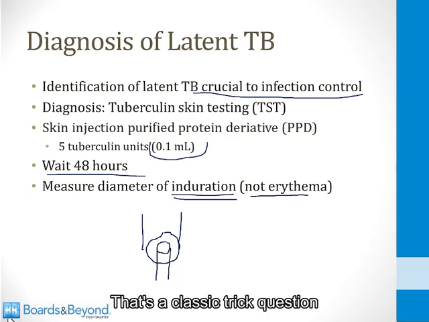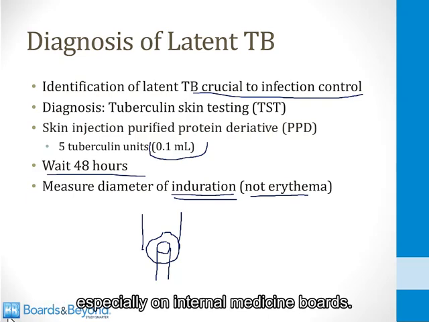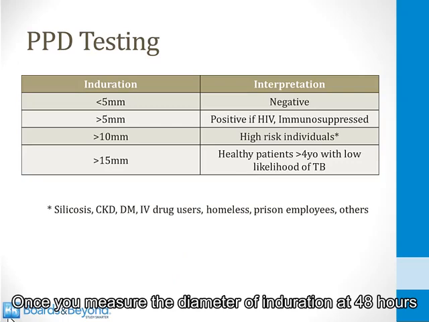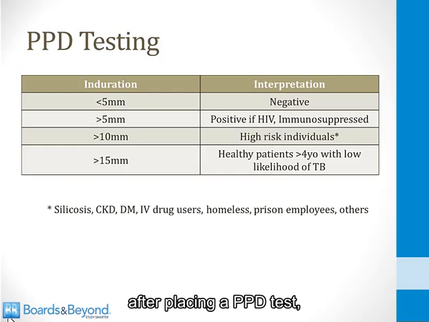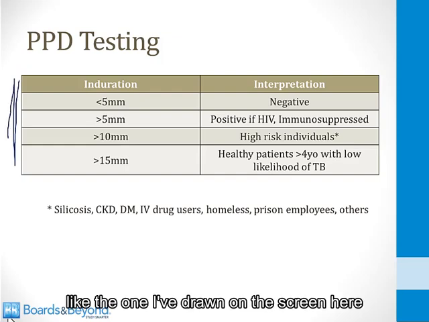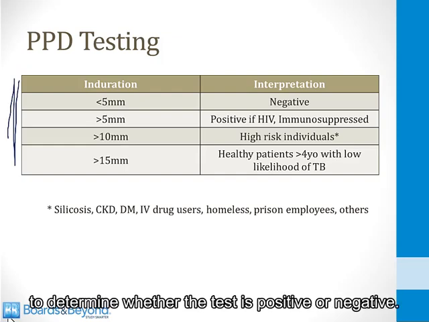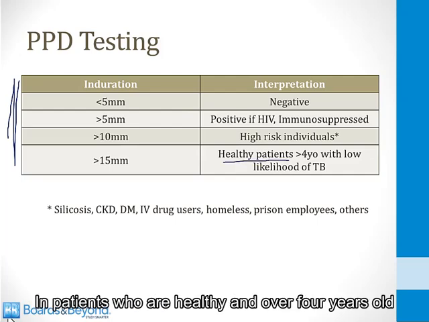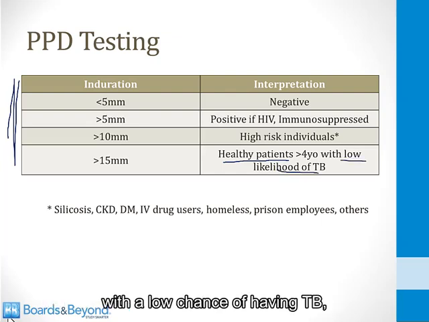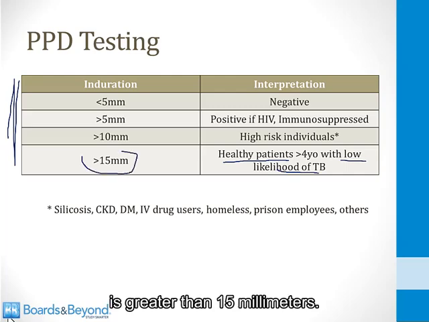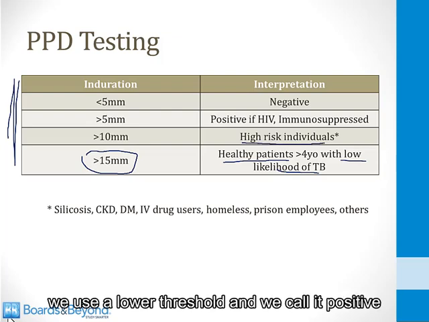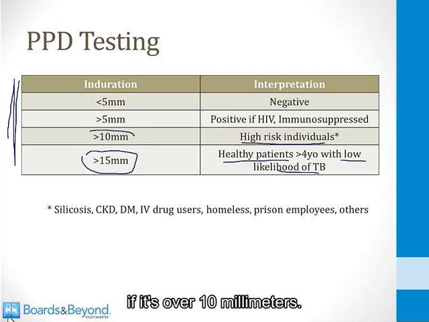And that's a classic trick question, especially on internal medicine boards. Once you measure the diameter of induration at 48 hours after placing a PPD test, you use a table like the one I've drawn on the screen here to determine whether the test is positive or negative. In patients who are healthy and over 4 years old with a low chance of having TB, you only call it a positive test if the diameter of induration is greater than 15 millimeters. In patients who are high risk, we use a lower threshold and we call it positive if it's over 10